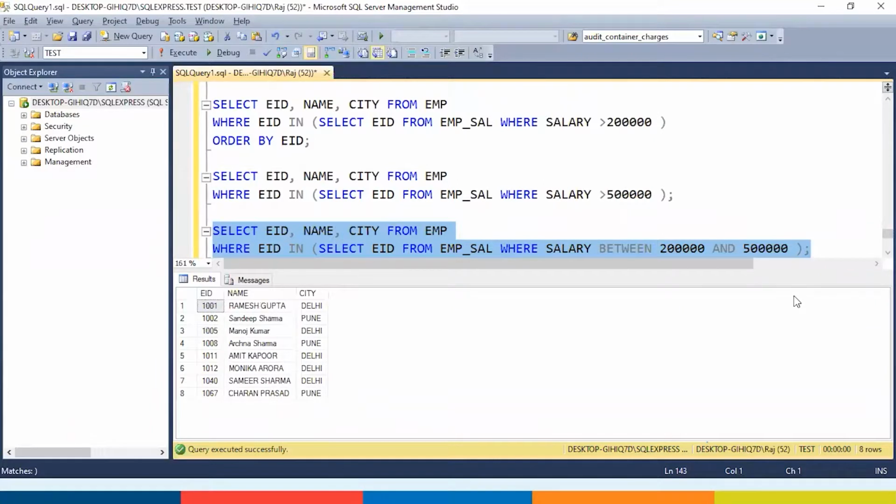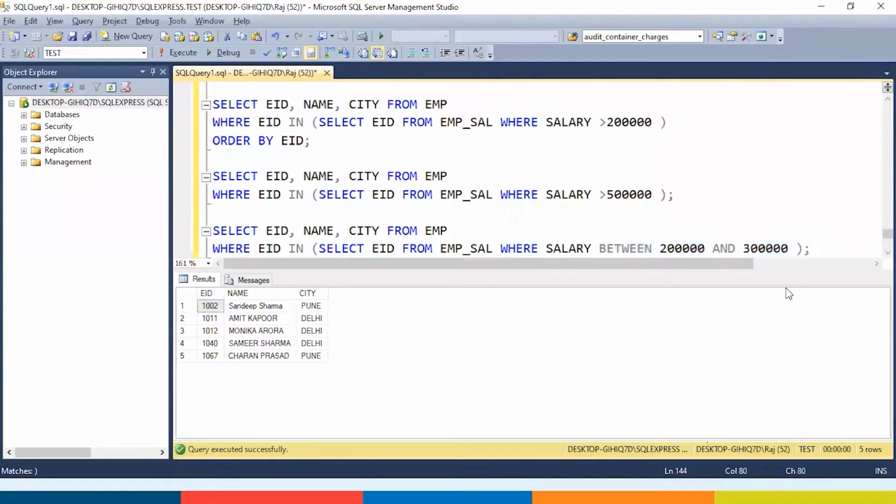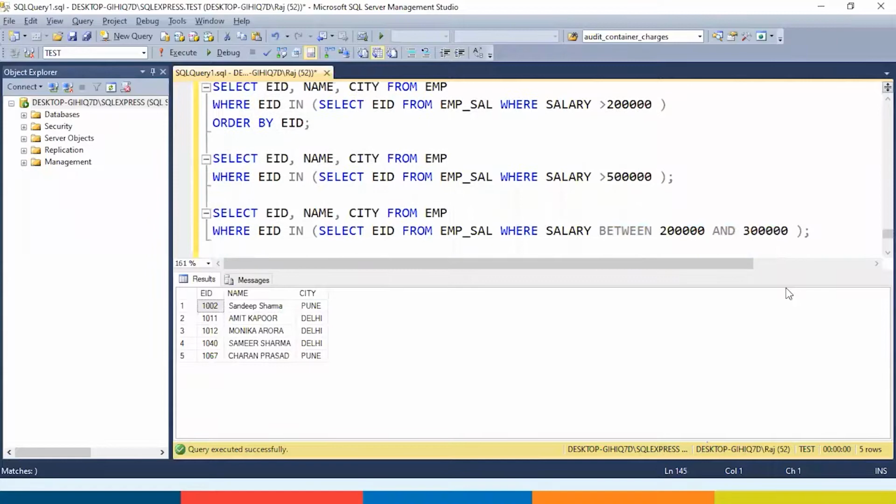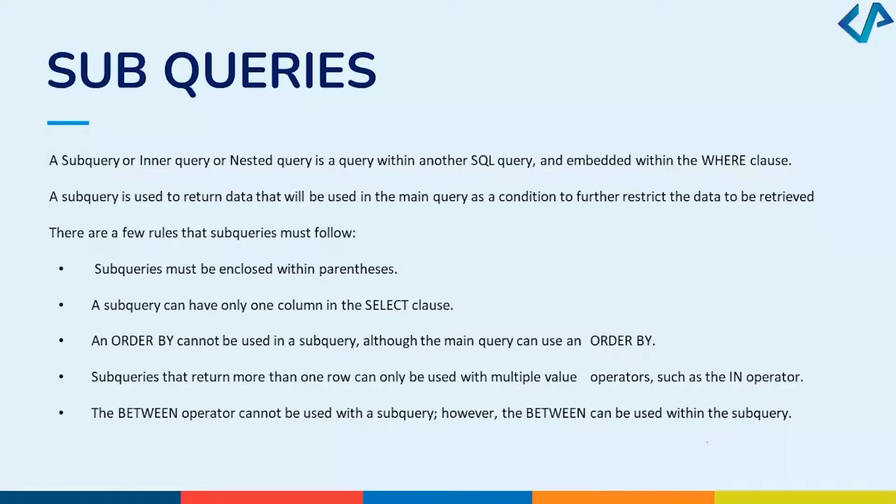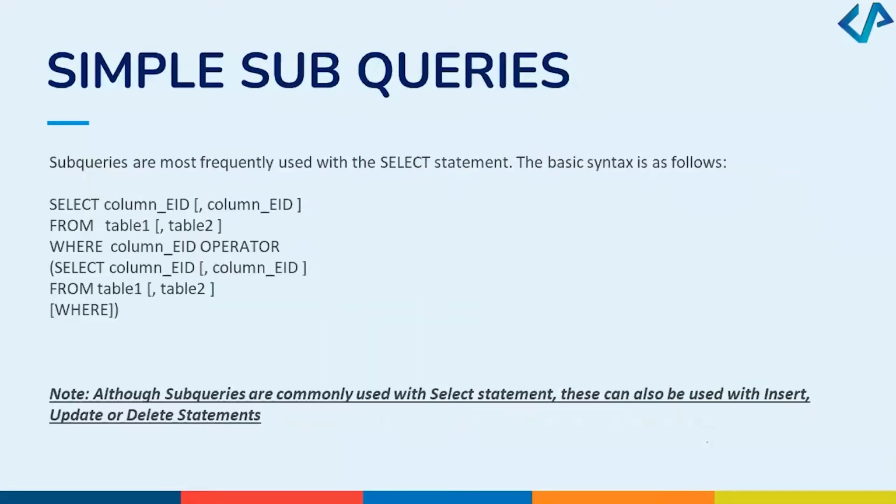So I'm getting 8 team members. Let me say 200 to 300. I'm getting 5 team members whose salary is between 200 to 300,000. So this is what these rules are saying over here.